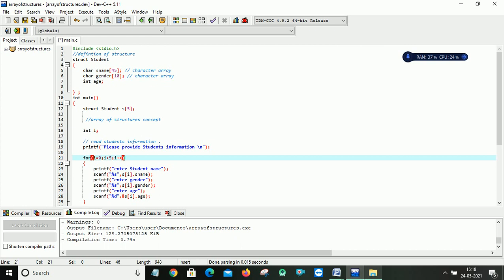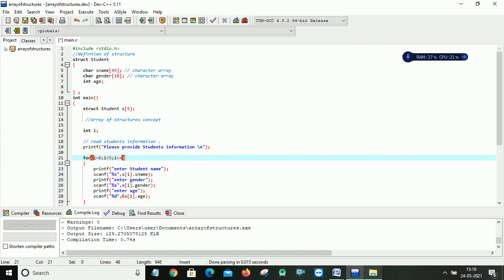Here is a for loop, because I want to read 5 students' records. Whenever we use the concept of arrays, we can use a for loop for reading the array contents. So I use a for loop with i = 0, i less than 5, because I have only 5 records, and i plus plus.